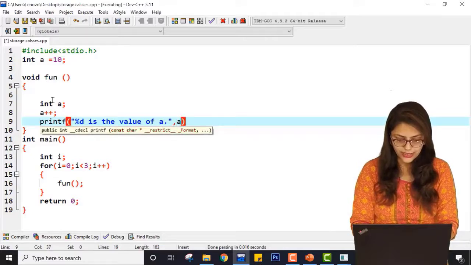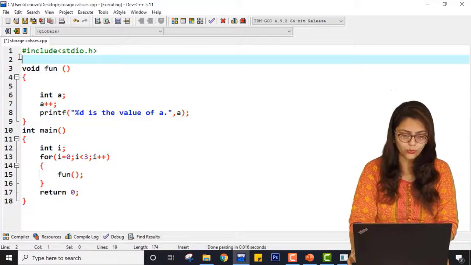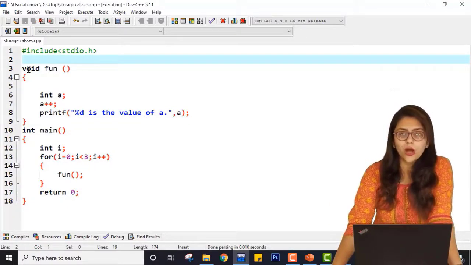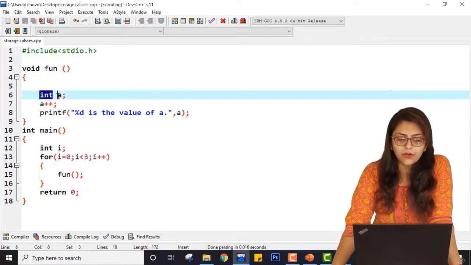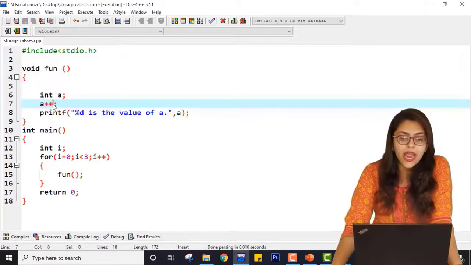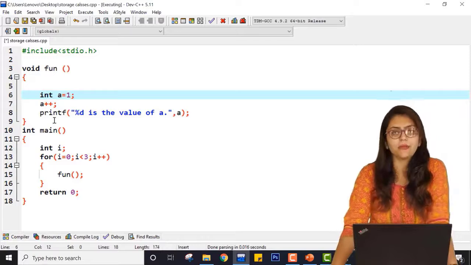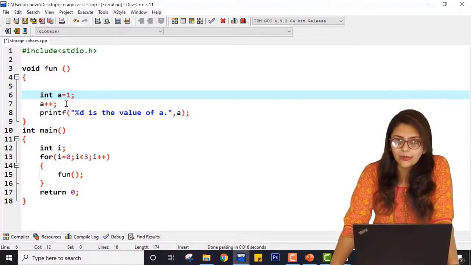So here I am writing a, and I am erasing the global variable because I don't want it right now. So this is a function without any argument and without any return type. I am creating one variable a whose scope will be inside this function only, and I am going to increment its value. Initial value I am giving as 1, then it will be incremented, so a becomes 2 and it will print 2.